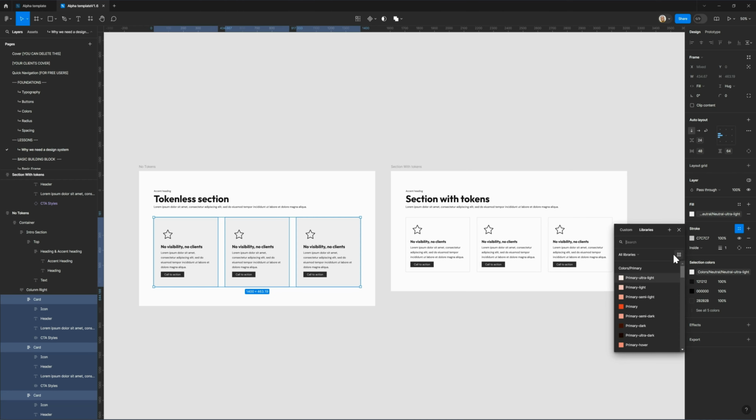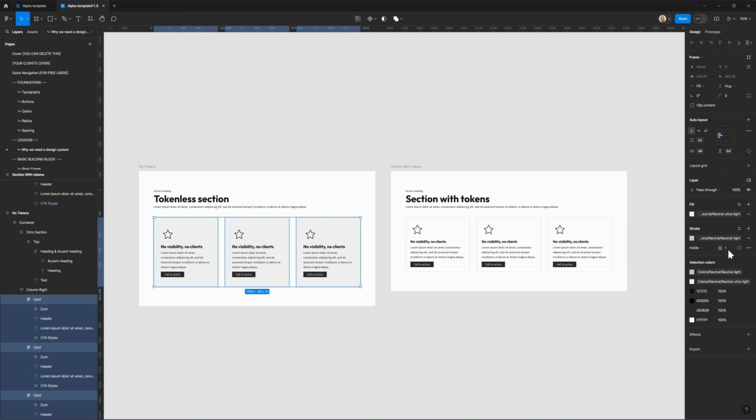And for the stroke, okay, give it a stroke, say neutral, give it a neutral light stroke. Obviously, there's no token for the border size, I would say yet. Maybe in the future they'll add that. And we could go on to say, okay, we wanna add a radius of 16. There, they get a radius. We could bump it up a little bit more if you want, or we could even make it more if we so desired. And now we have used tokens on our cards,